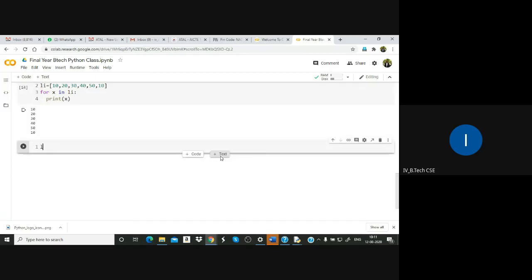List of names. li is equal to Ramu, Gopi.